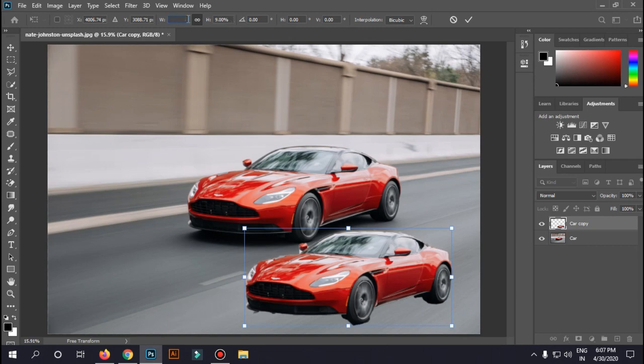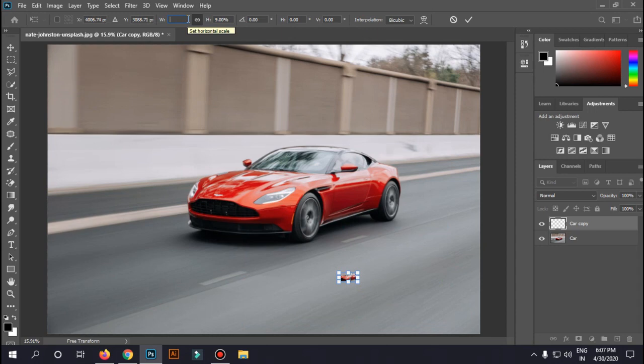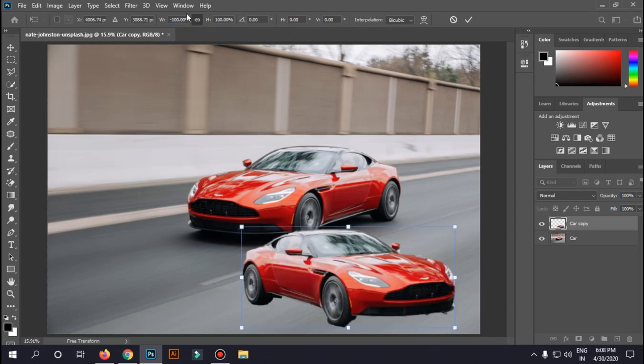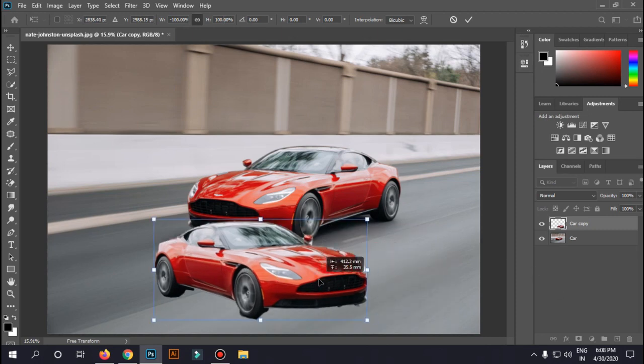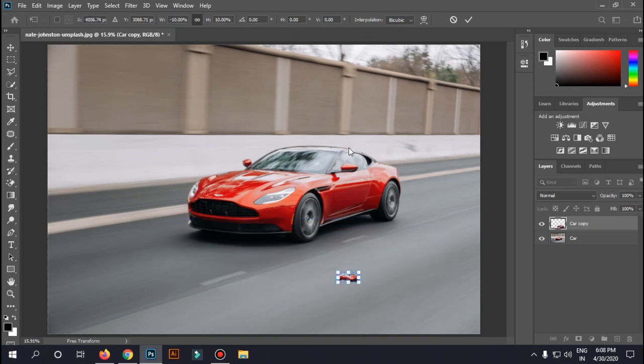Let me give it -100. Sorry if the keyboard clicks are too loud and if there is any kind of disturbance. Yep, you can play with the width and even with the angle of this. You can play with the height. Now let this be the picture. Wait, let me get back. Let me press Ctrl Z.